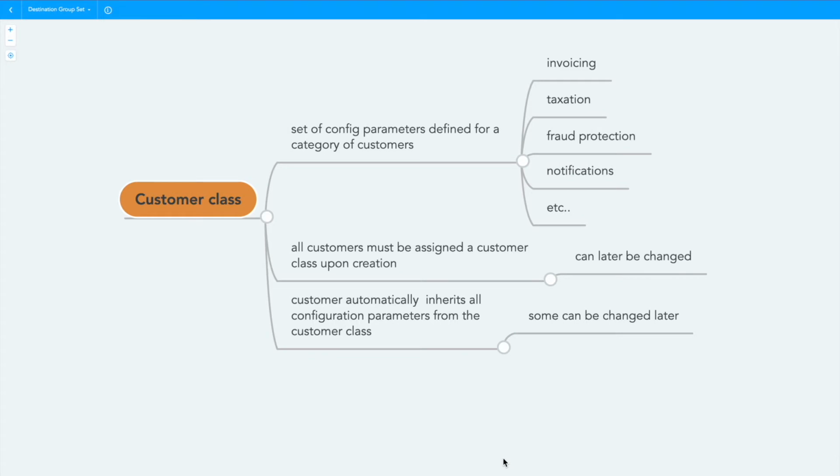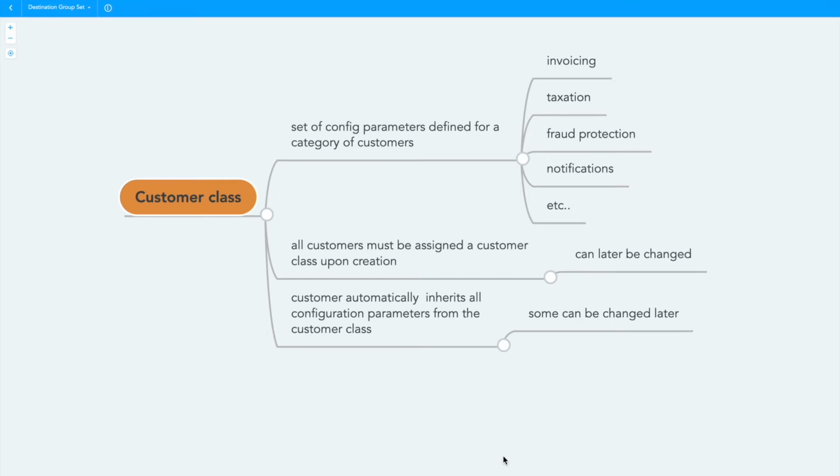Customer class provides a way to apply changes quickly and systematically. For example, imagine that when the pandemic happened 2 years ago, you decided to allow your 10,000 customers 90 days to pay the invoices instead of 30. A manual change would have taken forever, and moreover, many mistakes would have been made. Using the customer class, we can change one parameter and it will be applied immediately to each one of the